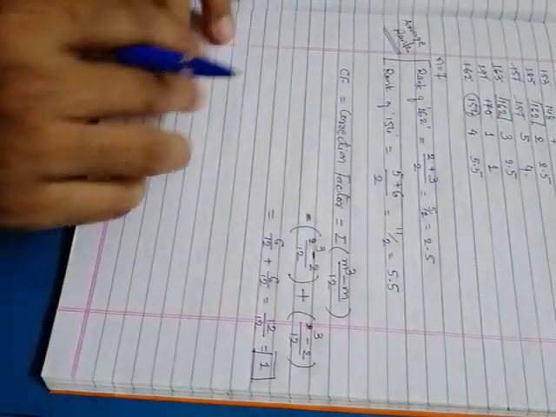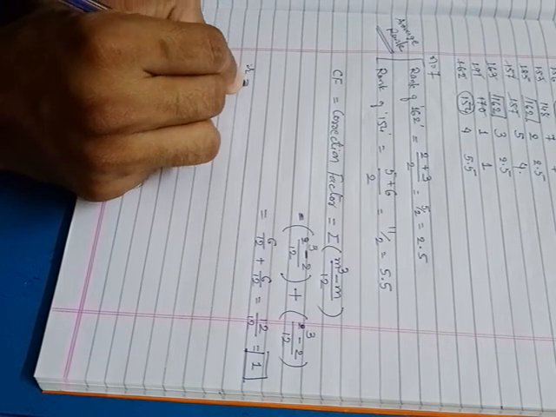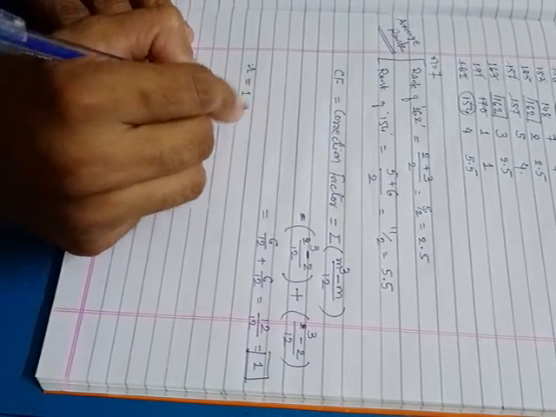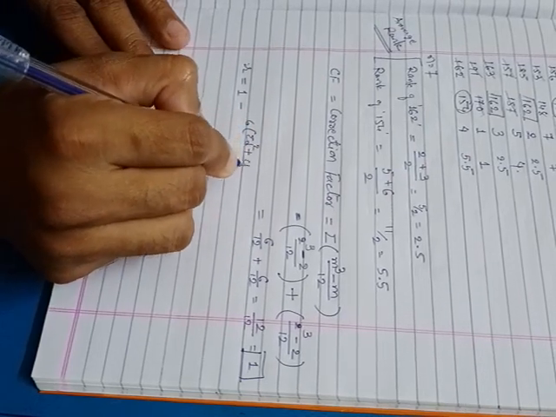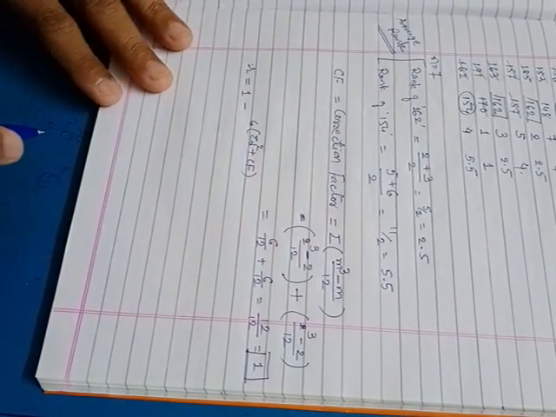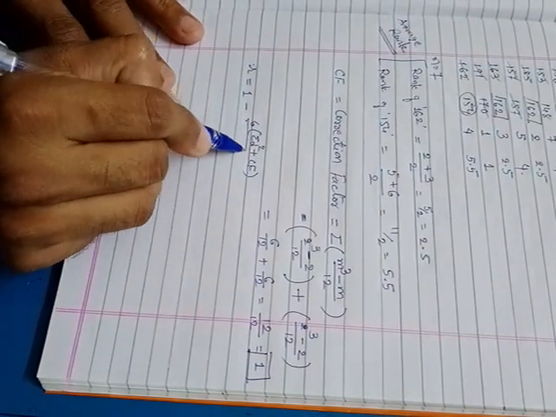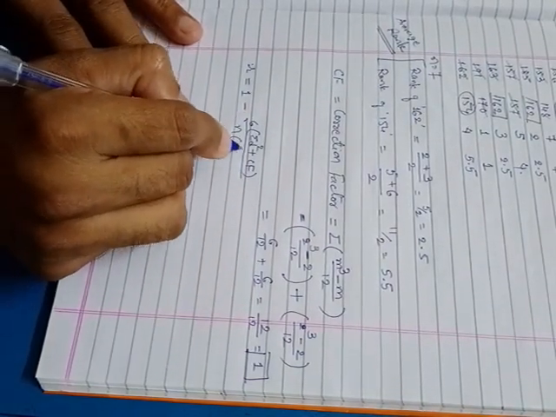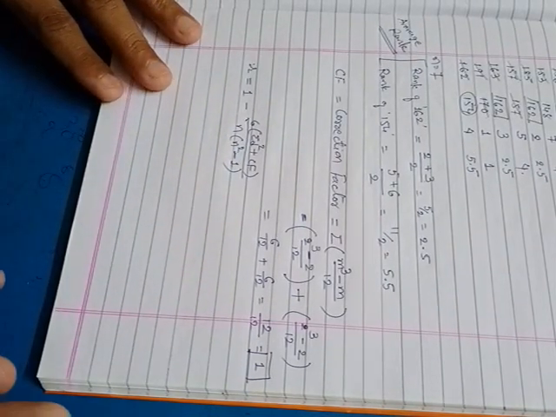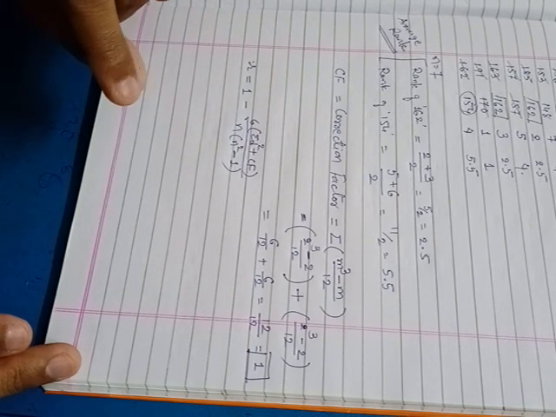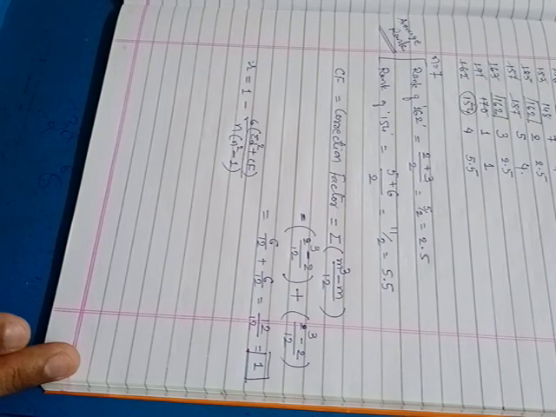Okay, now to find out rank correlation we'll write the formula first. r is equal to 1 minus 6 into bracket sum of d square plus CF, divided by n into n square minus 1. This is an addition only, that CF will be added to sum of d square. The whole formula is the same, only the additional part is the CF, the correction factor, added to sum of d square. That is the only change.